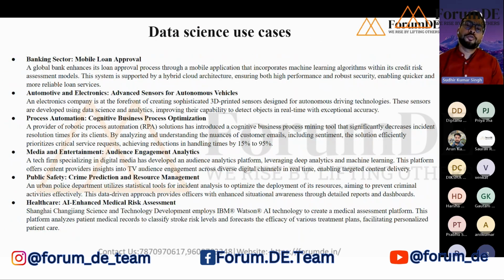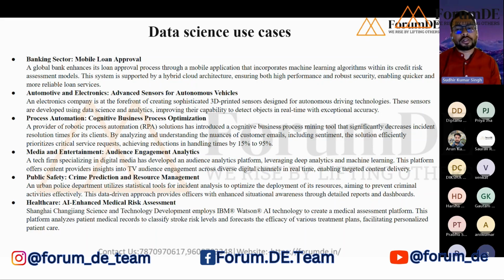What are some of the use cases? The use cases of data science are numerous, and I've listed just a few. Nowadays you will see the importance of data science in every industry, be it education, IT, or banking. In the banking sector, a global bank enhances its loan approval process through a mobile application by analyzing credit risks.